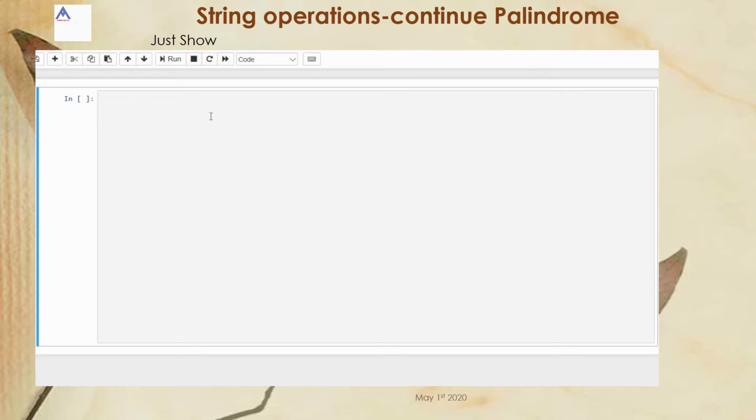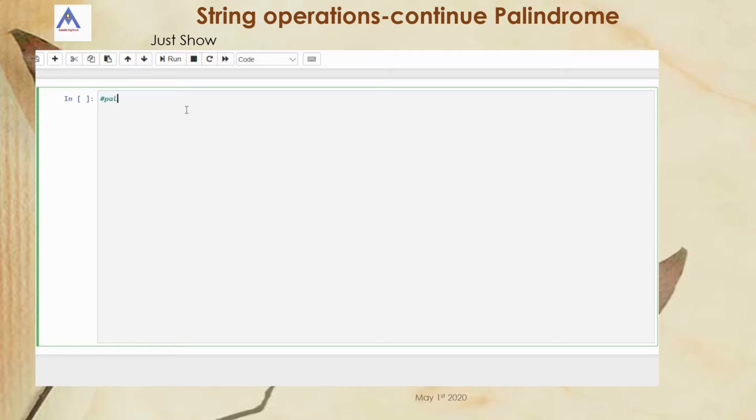For example, tot. If you reverse it, the same word appears. Similarly, Malayalam. If you reverse the characters, you will get the same word. There are many methods of writing this program. This is my own logic method to find whether the given word is a palindrome or not.